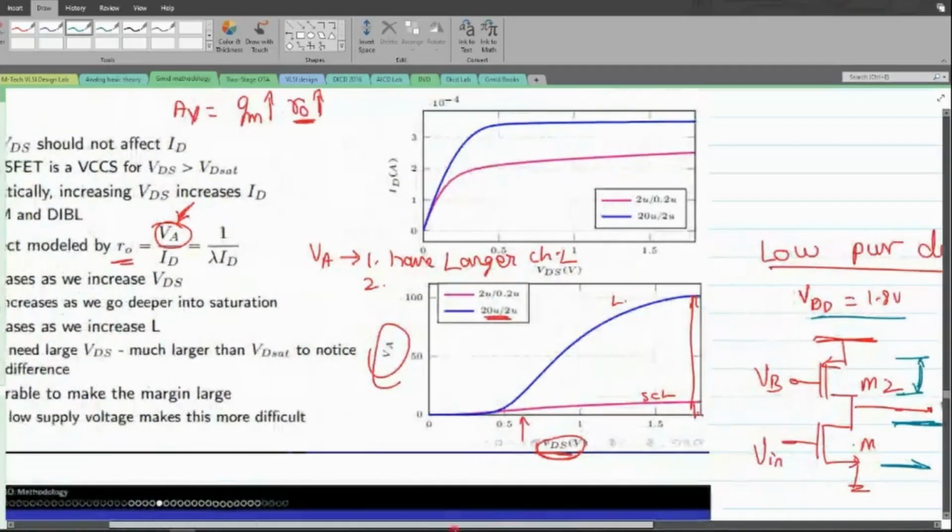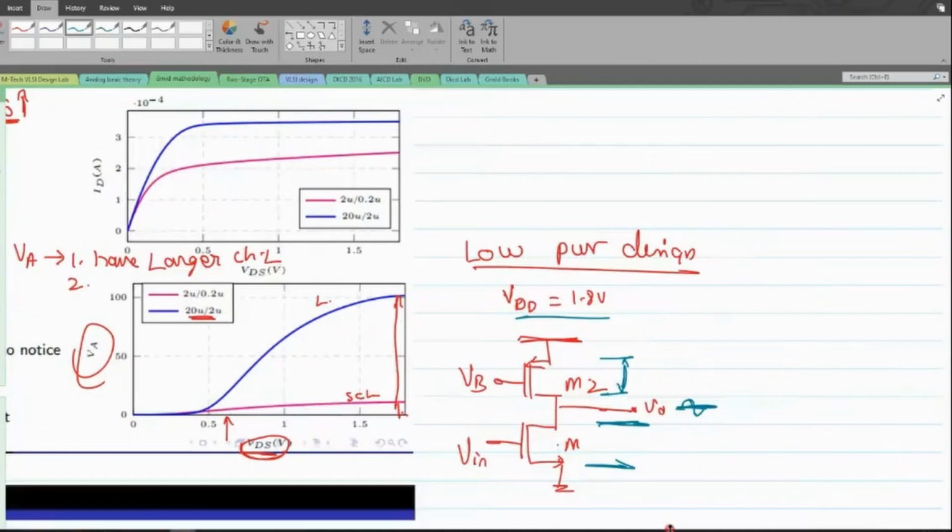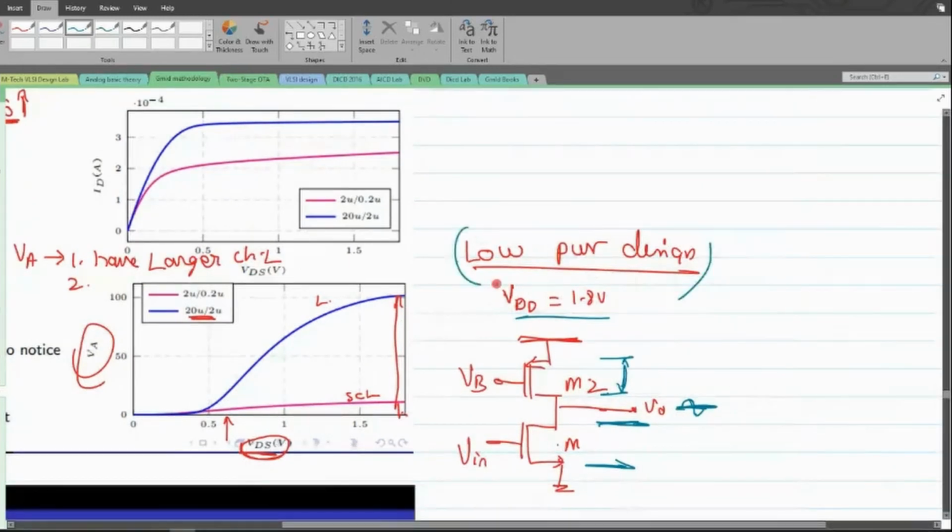So again, what I could see is that using a value of VDS is not quite controlling the way in which I want to operate my circuit. What I'm trying to say is that in general, the usage of the VDS is defined by what type of application you're using. I cannot use it for all types of application. So the VDS again falls out from being used as a degree of freedom. So I cannot use this VDS because of this reasoning.